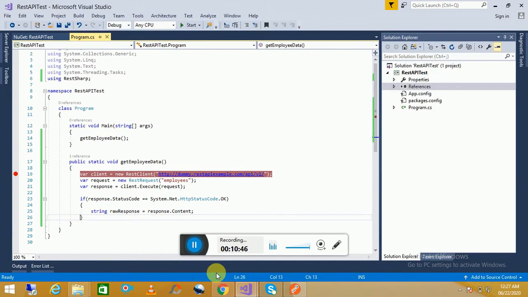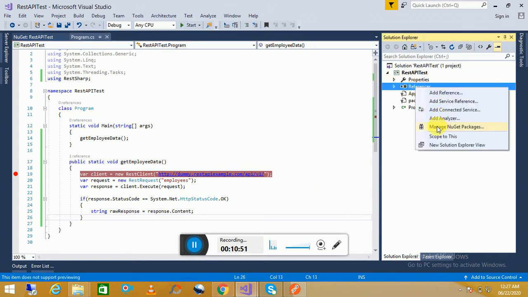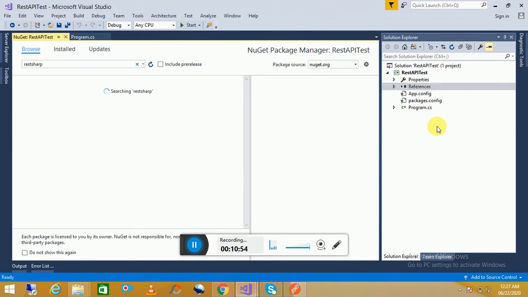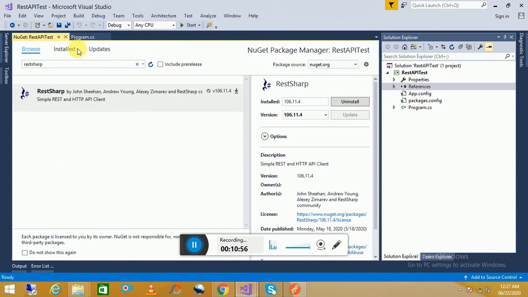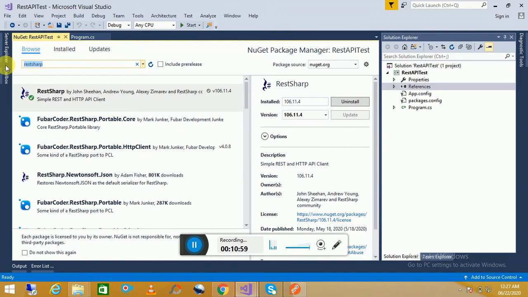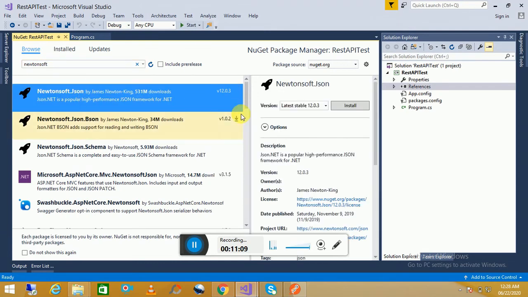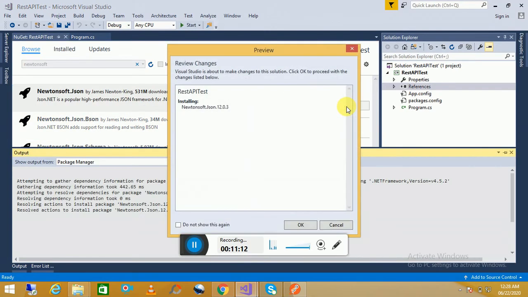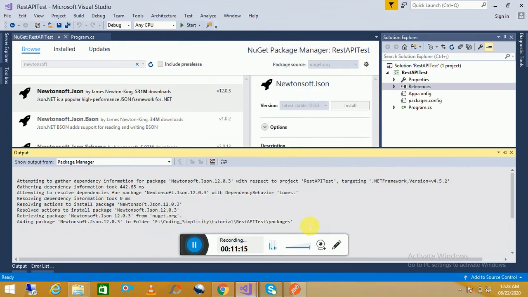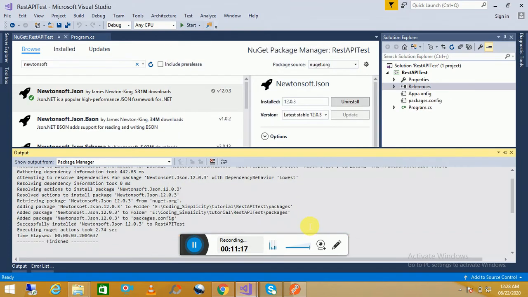For deserialization, we have to install Newtonsoft. It's done. Let's move to programming part.